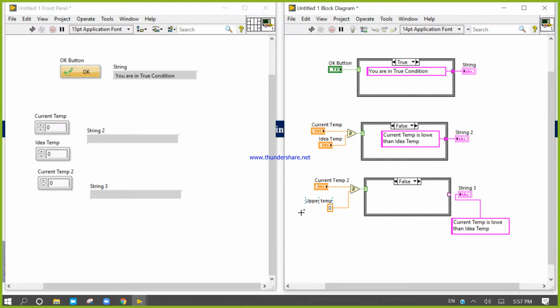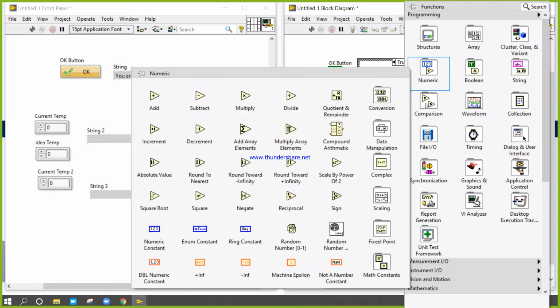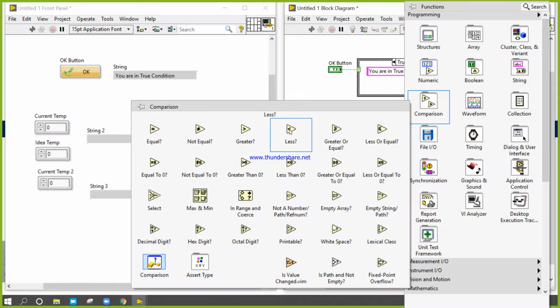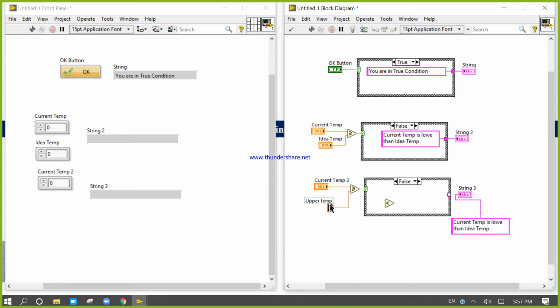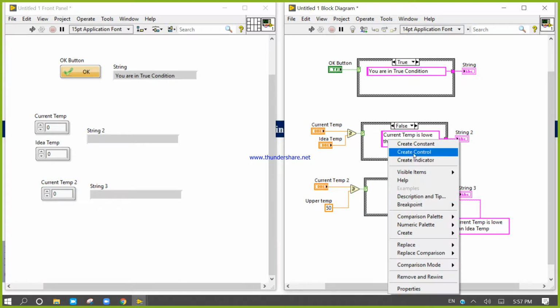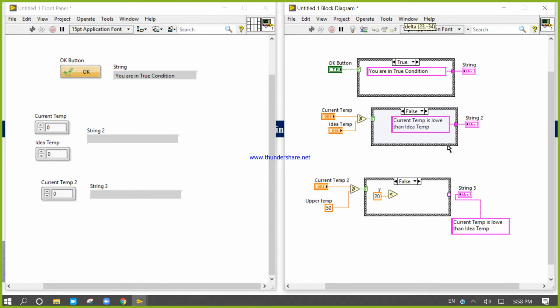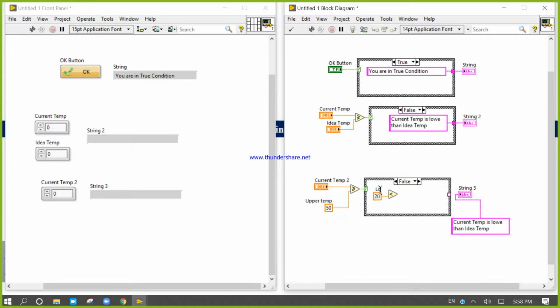In the second condition, I will compare again. The higher temperature is 50 degrees and the lower temperature is 20 degrees.